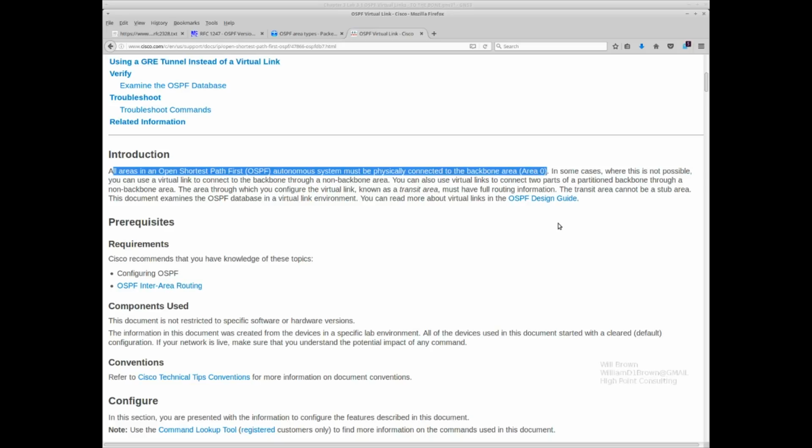But there are cases where that's not physically possible. The partner is on another network. It's a company that's been acquired, and you want to use a band-aid approach to get the two networks, the partner and the new acquisition, integrated. There's a way to do that, and that's using a virtual link, but it's considered a band-aid at best.